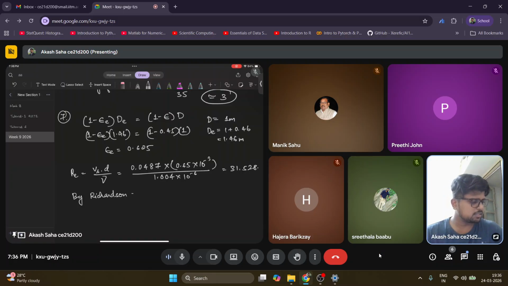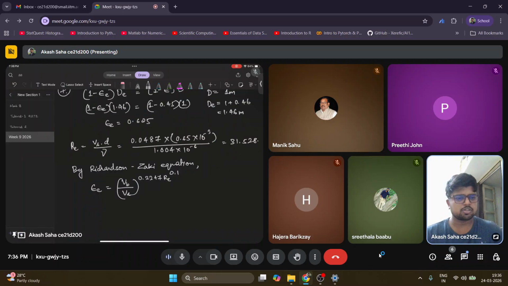By the Richardson-Zaki equation, the expanded bed porosity is equal to the backwash velocity divided by the settling velocity to the power 0.2247 into Re, the Reynolds number, to the power 1.01. It's a little complex equation, so don't worry. If you put in the values and solve for the backwash velocity, you will get something around